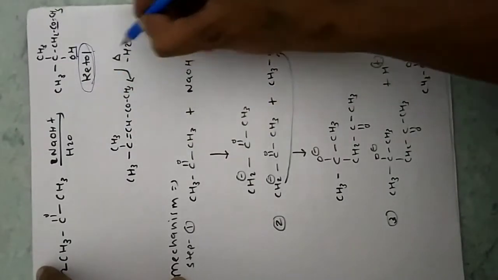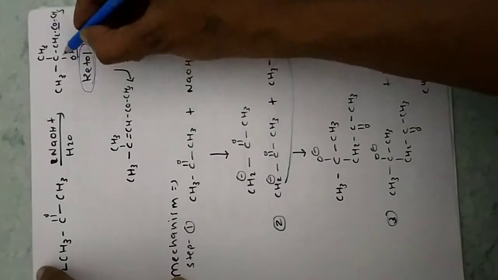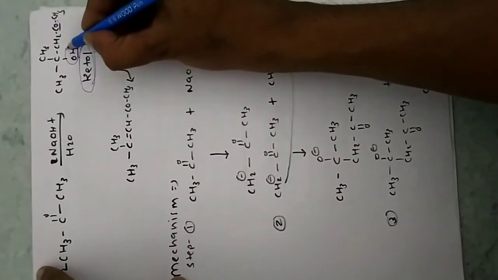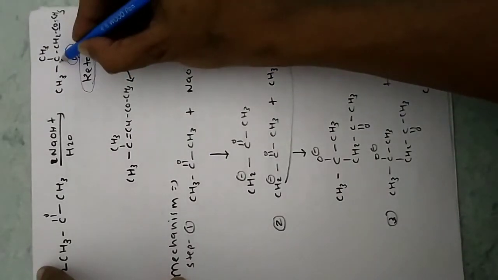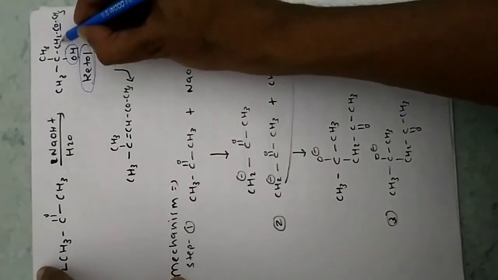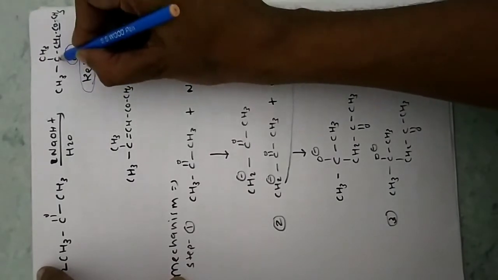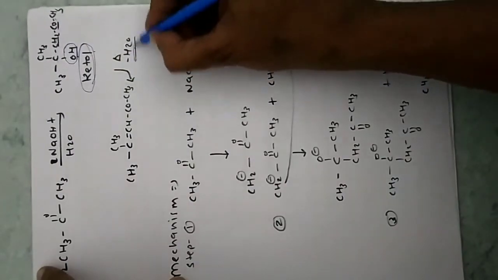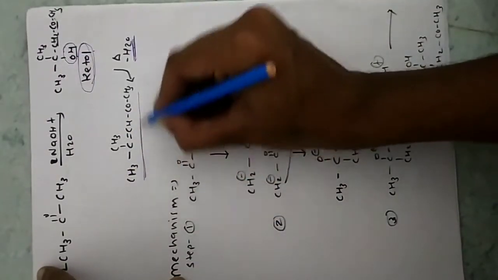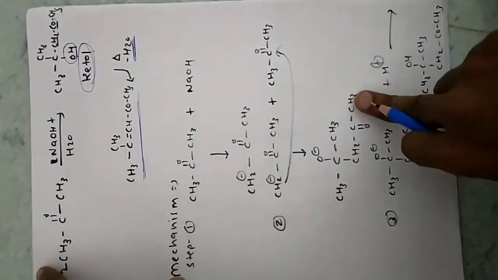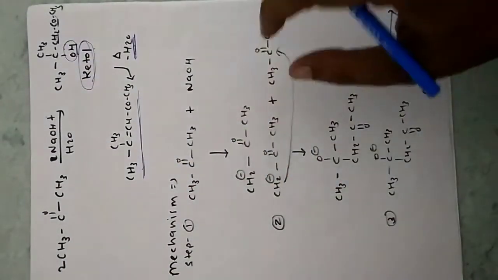Now if we heat it, you can see this one is OH. Now hydrogen from the adjacent carbon and inner one, so this one is our inner carbon and it is adjacent to this carbon. So hydrogen from that carbon will be removed as H2O, making a double bond here. So this will be our product. Now here also the mechanism is the same.